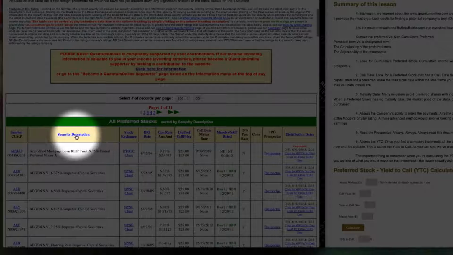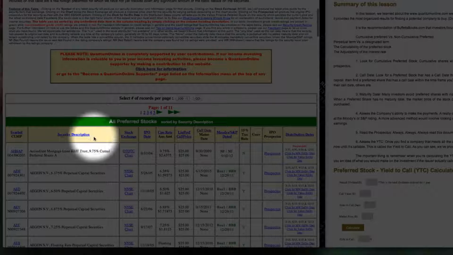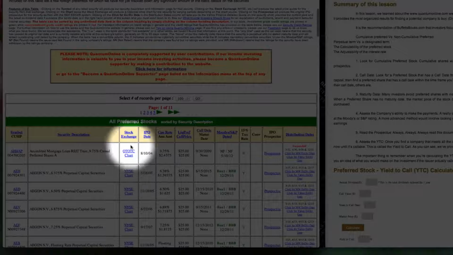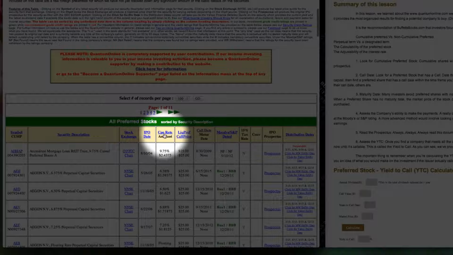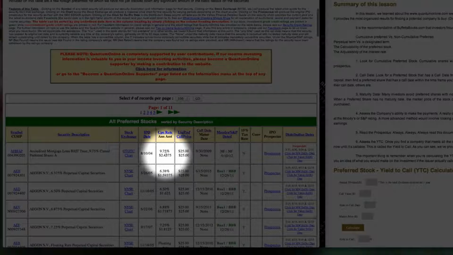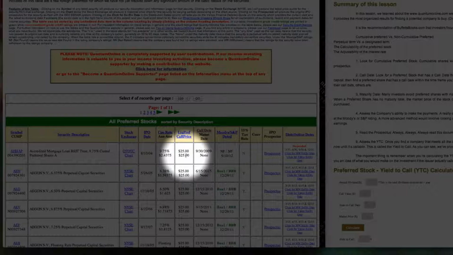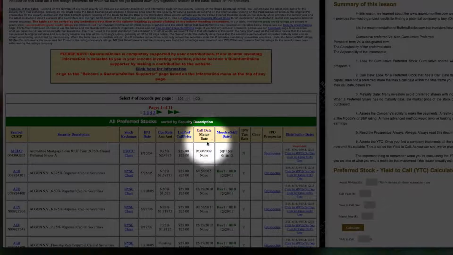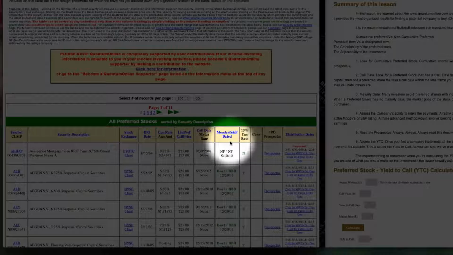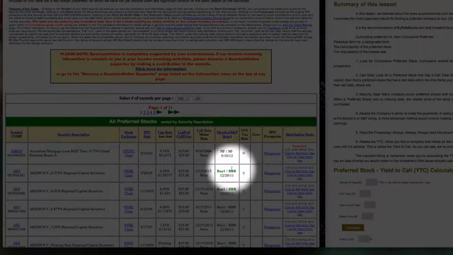the symbols, the description of the security itself, which stock exchange that security is on, the date that the security was introduced, which is the IPO date, the coupon rate and the annual amount that you'd be paid for a dividend. It says the coupon rate there. You can say the dividend rate, the call price that the preferred stock would be called at, the date for the call, and also the maturity date, the Moody's or S&P